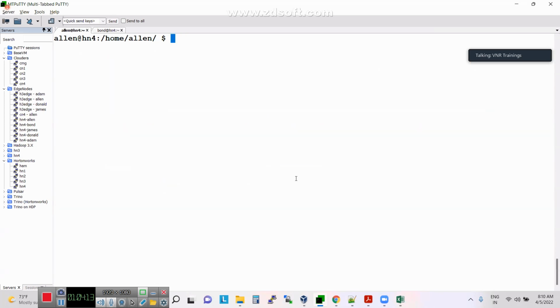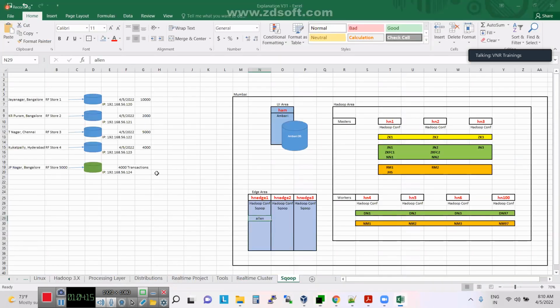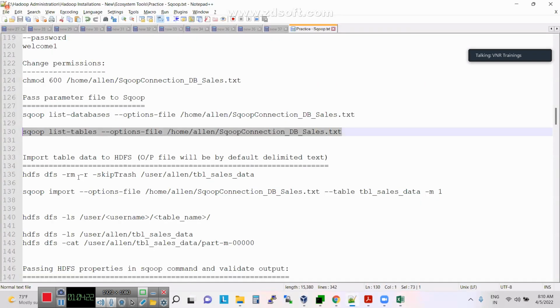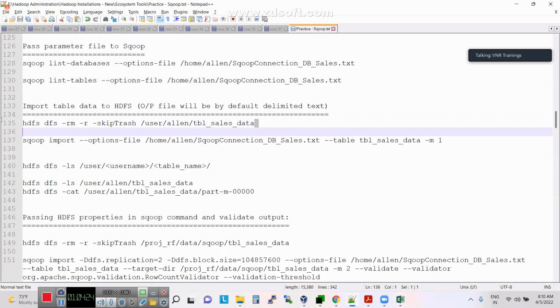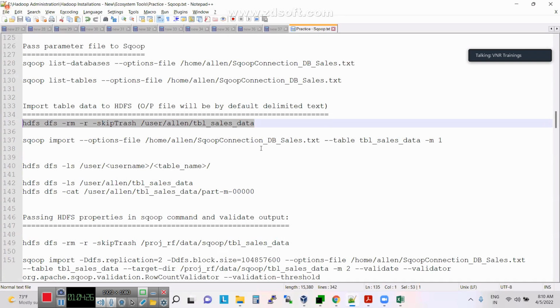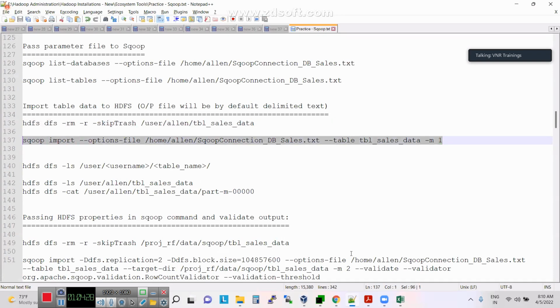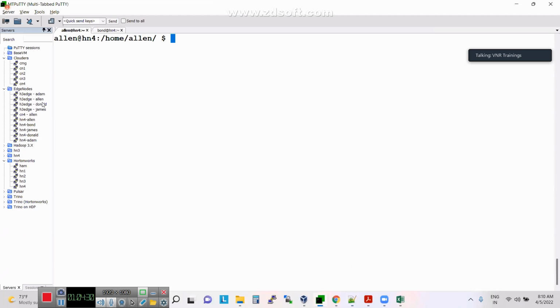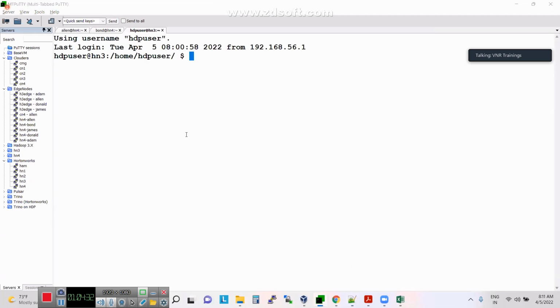So this is how you safeguard the credentials: database, user ID, password, host name, port number, all that information. So now, let us import the data. Let us import the data. So now what we are telling is, here in the source database in the HN3 machine,